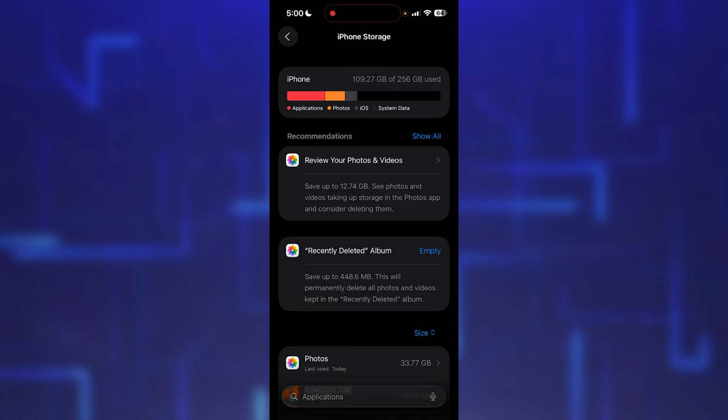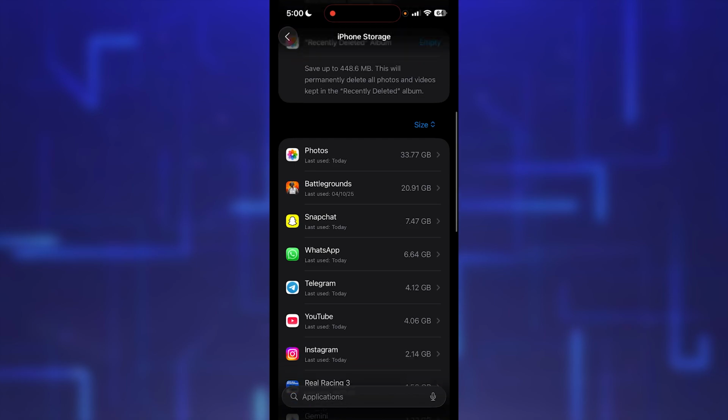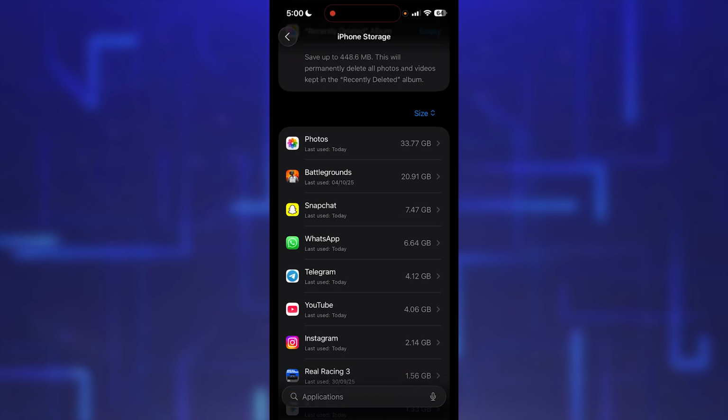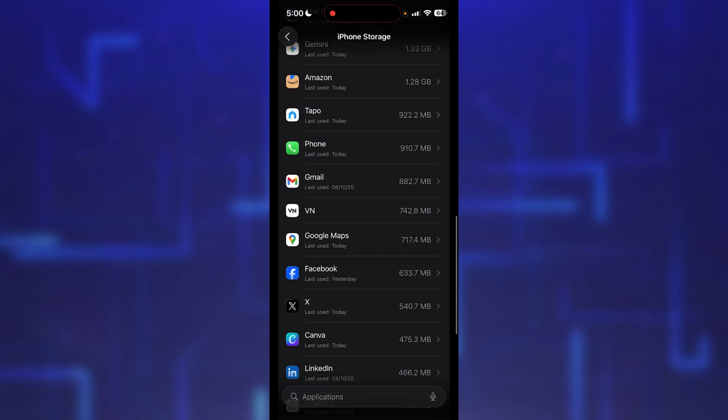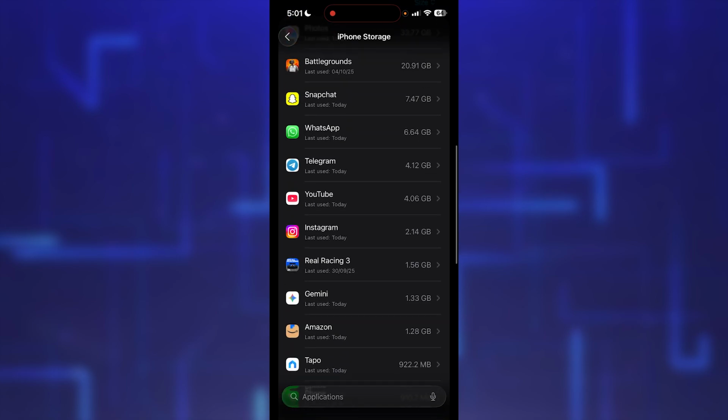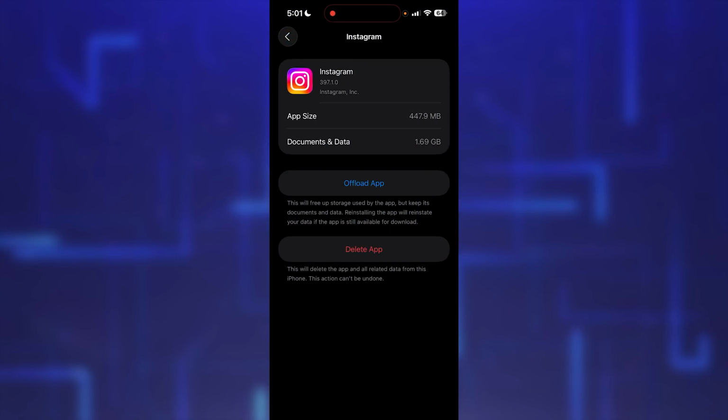Once you go over there, here you'll find the amount of storage consumed by different things on your iPhone. Scroll down till you see these apps. Now select the app that you won't use much. For example, if I scroll down and let's say I select Instagram, now here you'll see this option that